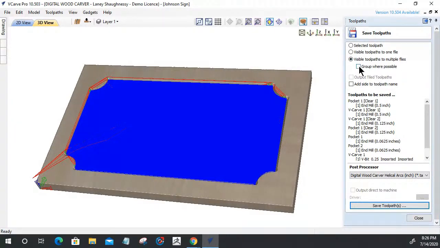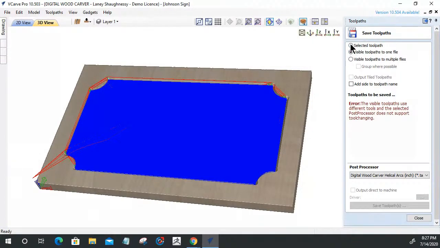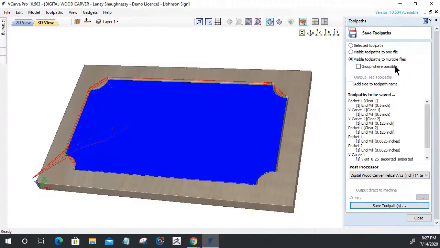I can group all the bits that use the same tool together if I want. So it just creates that one file for those two tools. Or I can just keep doing what we used to do in 10 and 10.5 and save toolpaths one at a time by the selected toolpath or the visible toolpath, right? So this is a new function, and it's really nice. The one thing that I like about this is the fact that